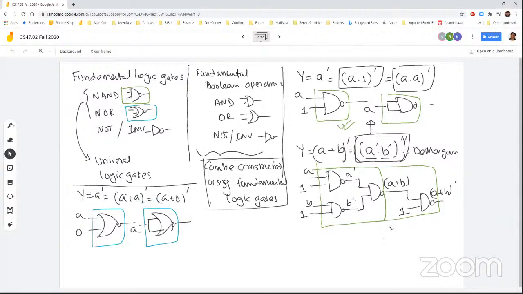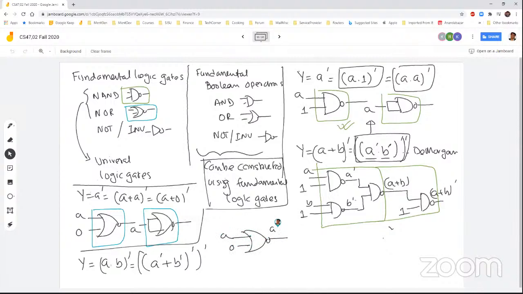And how about the other one? Let's say A NAND B. Can I do that? Of course, I can do it. It's basically A bar, B bar, whole bar, right? So that means what I need to do here is do an A bar, do a B bar,